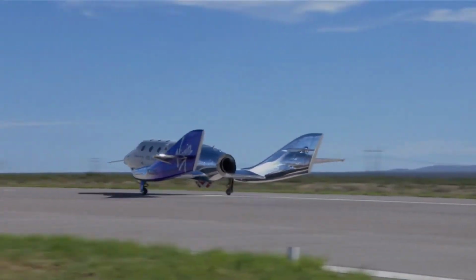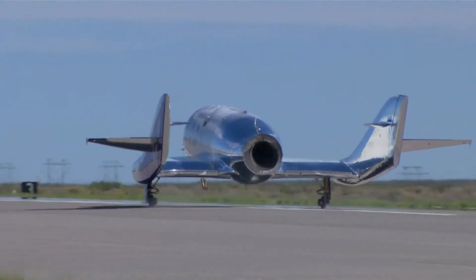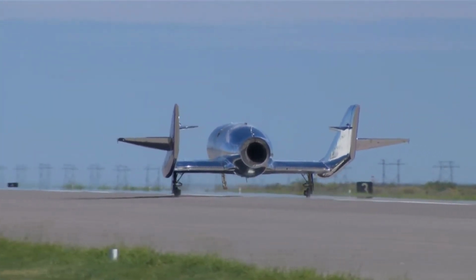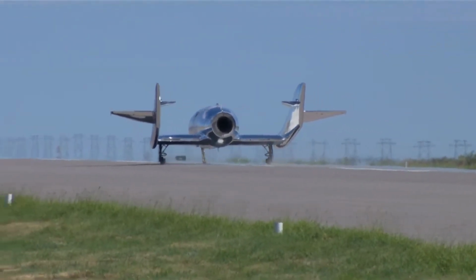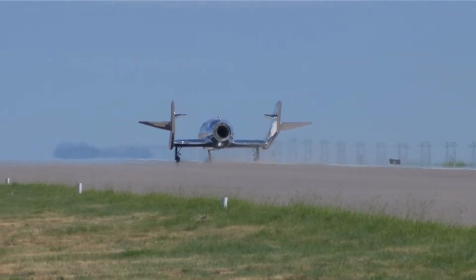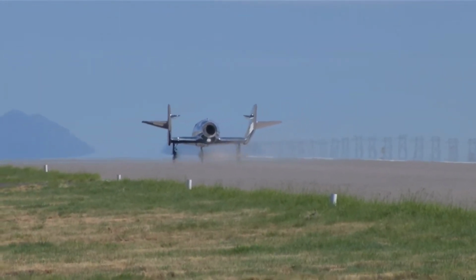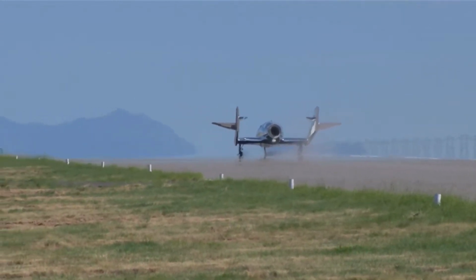Now he's started to lower the nose. And the nose gear is now down. At a designated airspeed, the pilots have the option to apply the brakes or not. They can let the vehicle